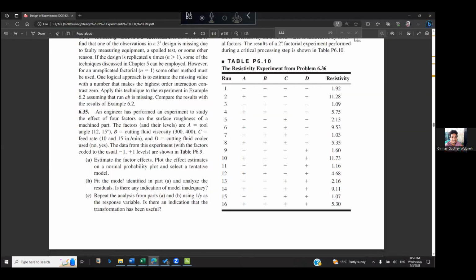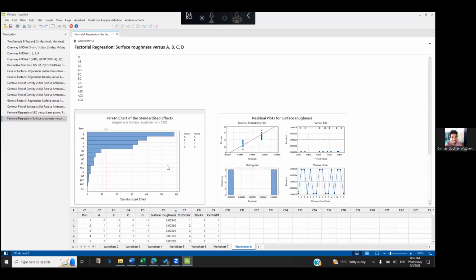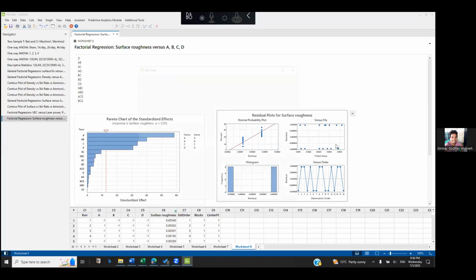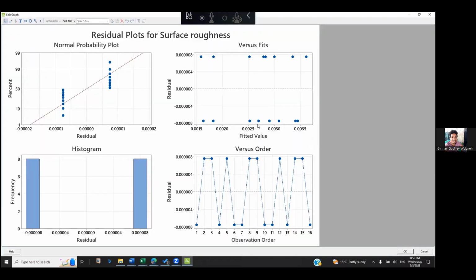Fit the physical model identified in part A and analyze the residuals. Is there any indication of model inadequacy in that case? So the residual plot identified